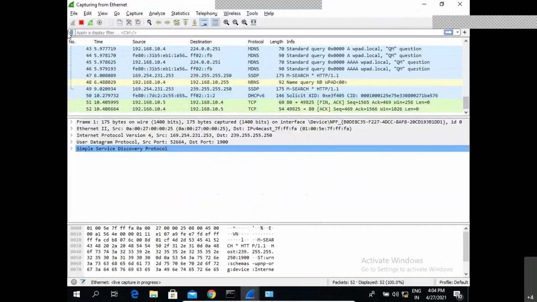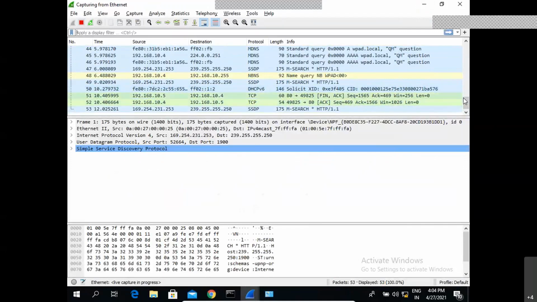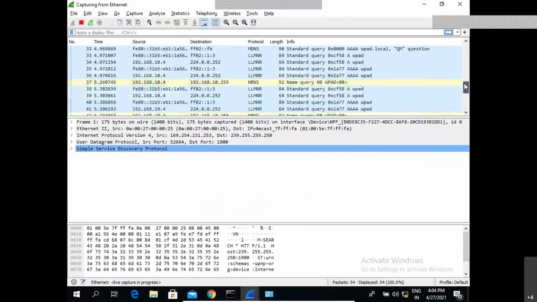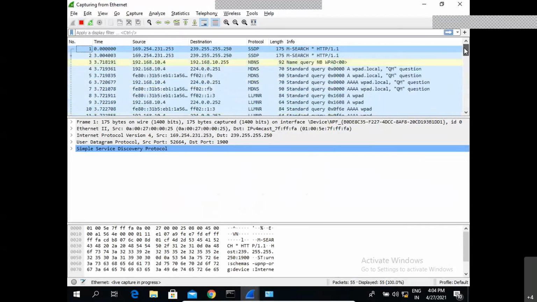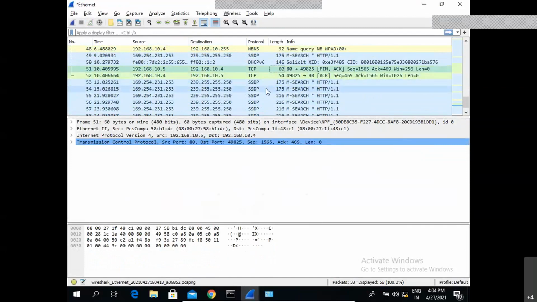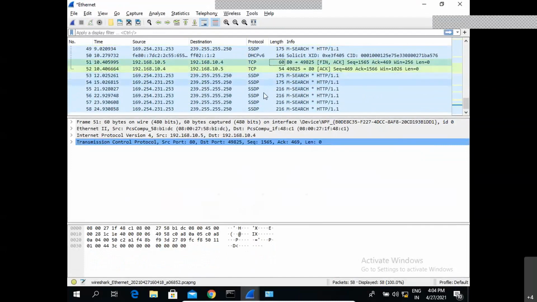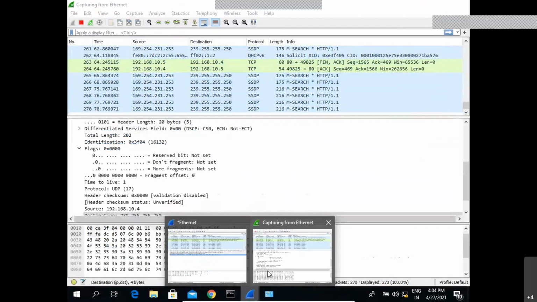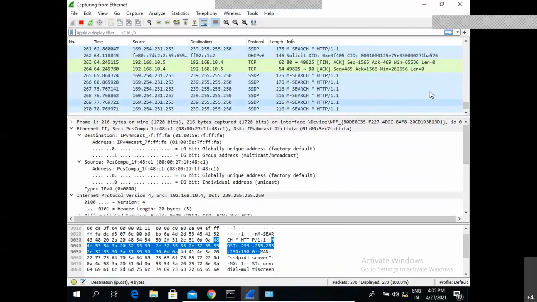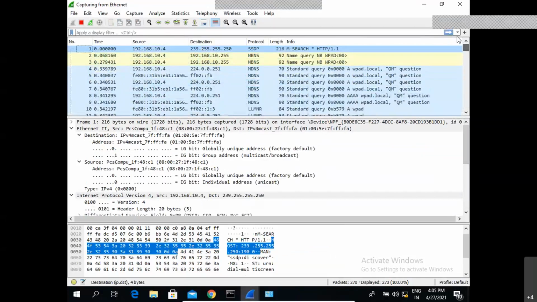Now on the Wireshark window, I am able to see all this application layer traffic has been captured. I think there are two windows opened with respect to Wireshark. I can open the first window, and the other window, where I can see the entire TCP communication. Now I'm just trying to stop this communication.